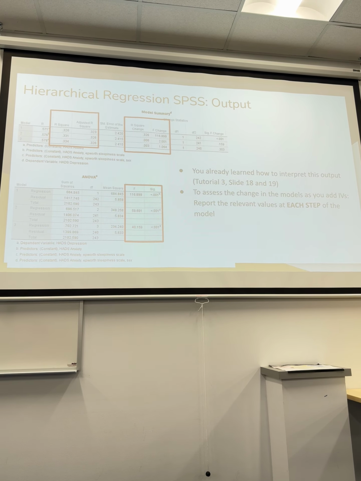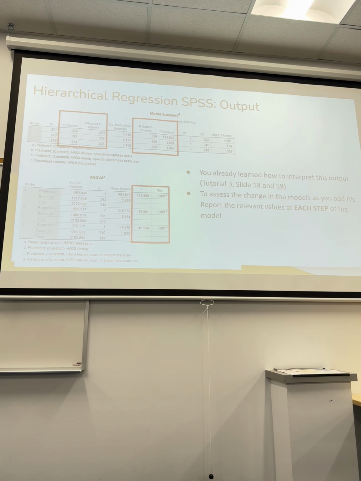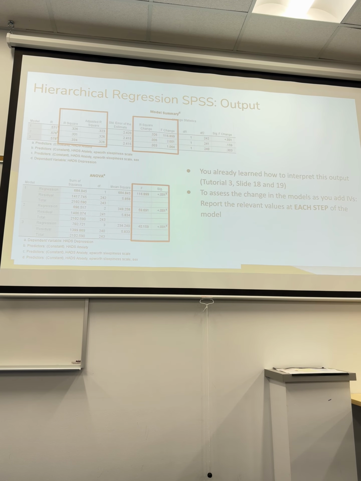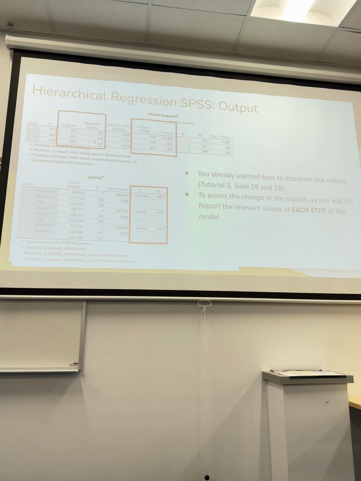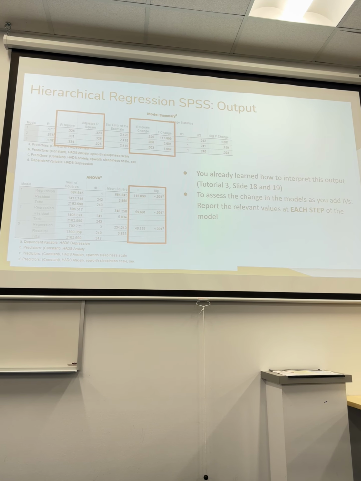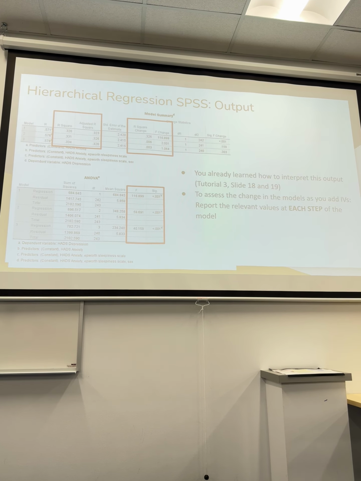It's just there. So basically what it's telling you is your change in R squared and your F change. By adding variables to your model, how much more variance is explained or unexplained, and how much did the impact go up or down for your F value. What's important from this table is your R squared and your adjusted R squared. As you guys know, rule of thumb is always report both of them, but you're doing the math on the R squared. The adjusted just applies corrections for you, but when you're actually doing the math you want to use your regular